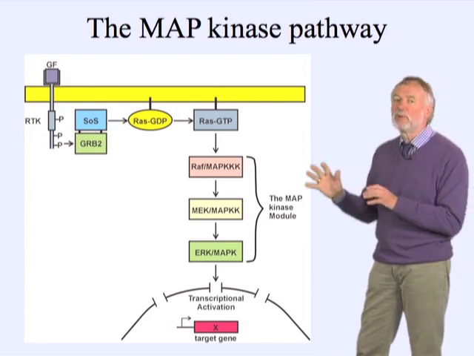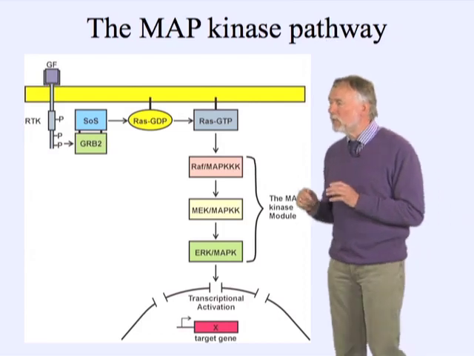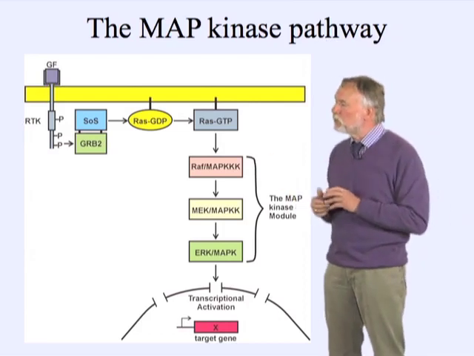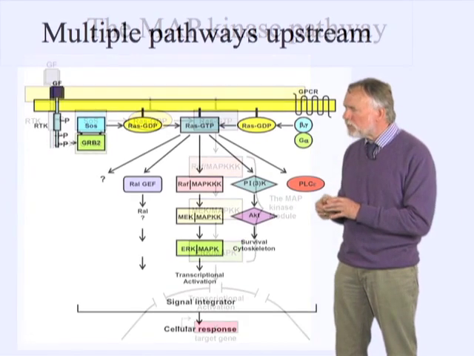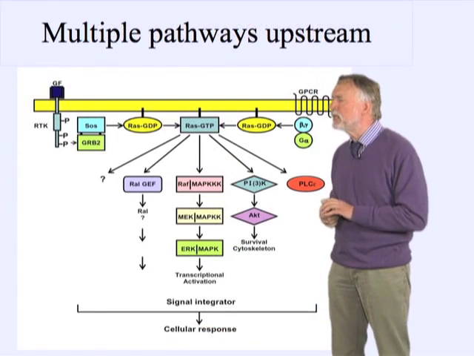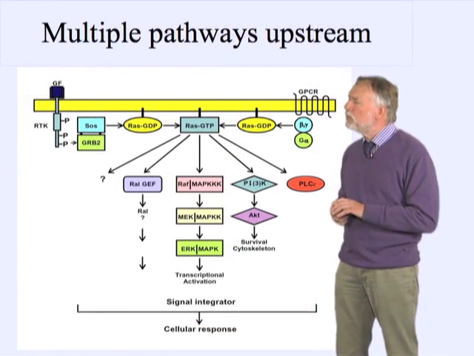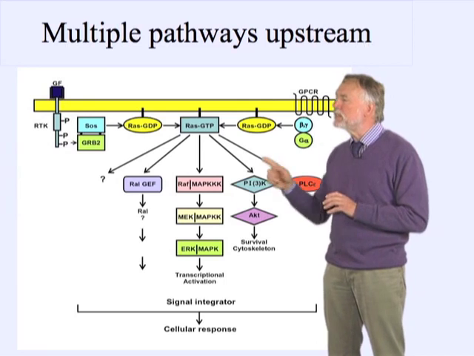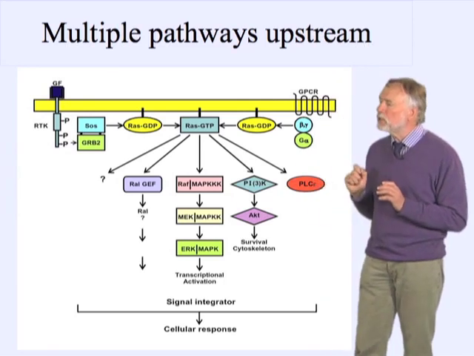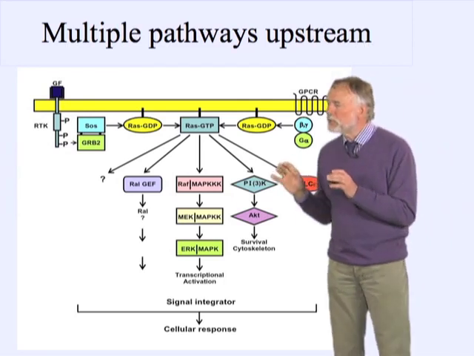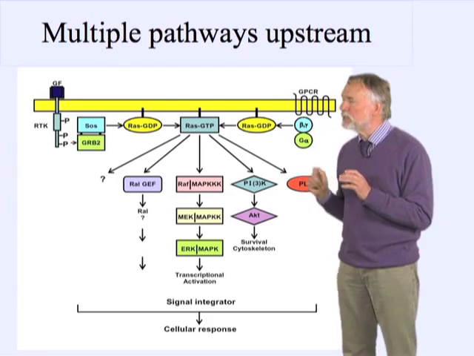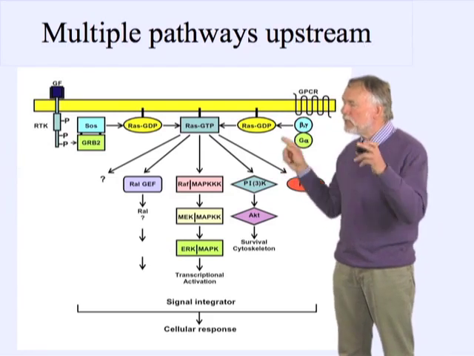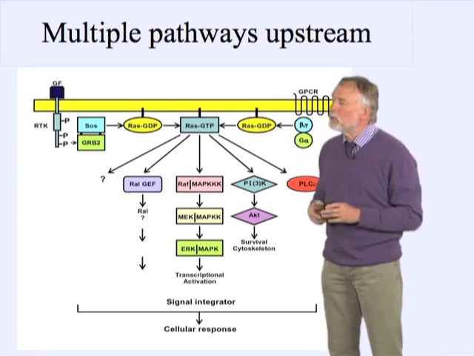So this is a very simplified version of what Ras is actually doing, and this is the first signal transduction chain to be discovered. But now it has become more and more complicated, and this is still a very simplified version, but it already shows you the major thing about signal transduction via Ras, in that many upstream components